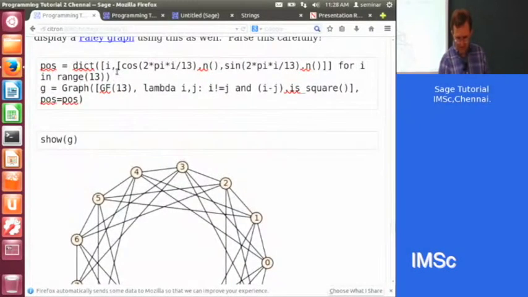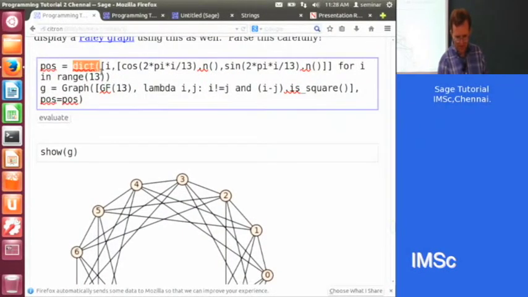And here's what I did. Okay, this is just the positioning. This is just so it looks pretty. You can ignore that, although it's worth looking at because it uses dictionaries. But here's the part that's important. I have a graph, and what is the graph? Okay, the elements are the elements of the finite field of order 13. And the edges are,